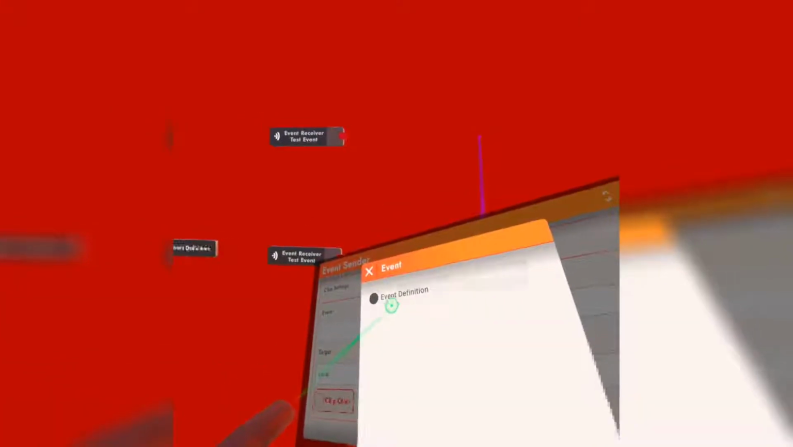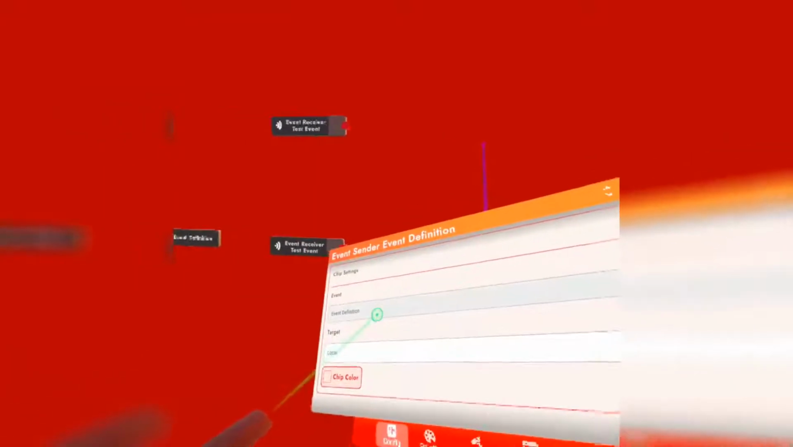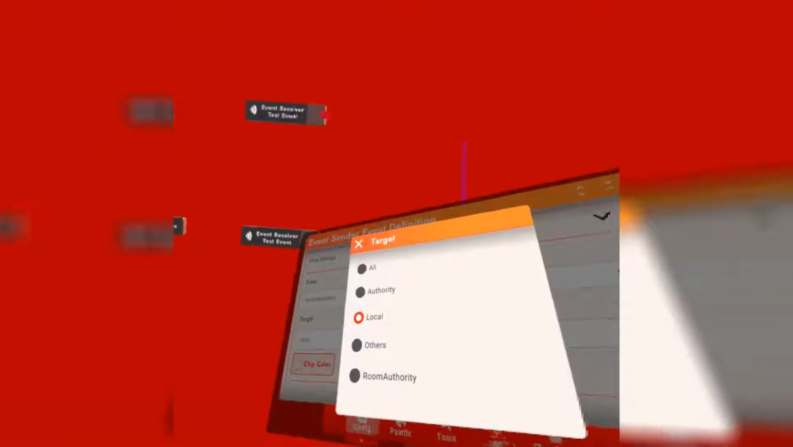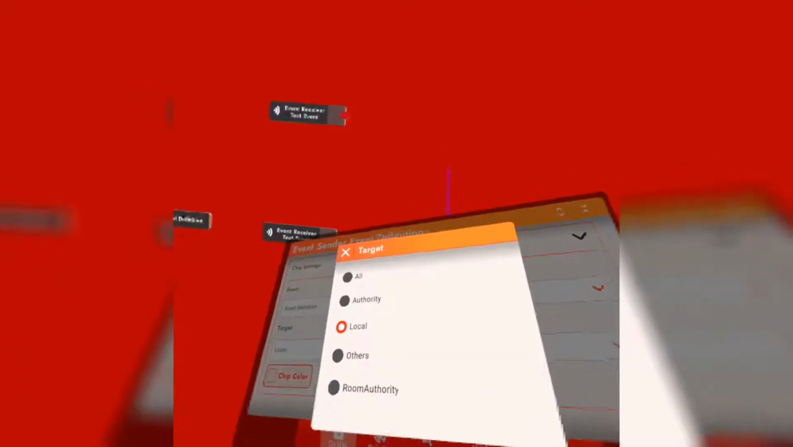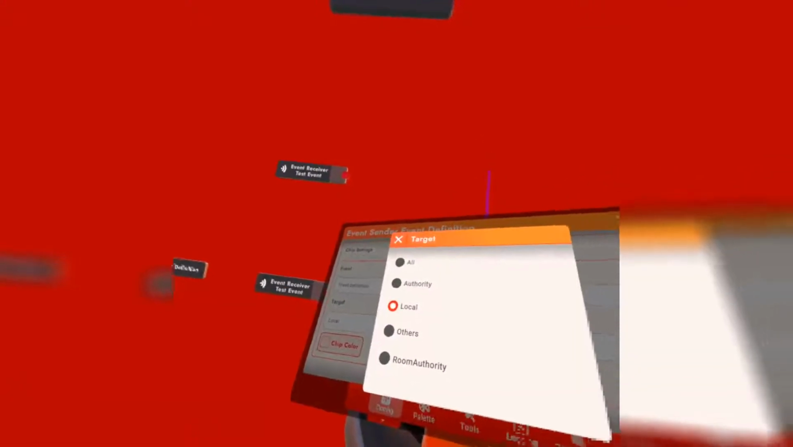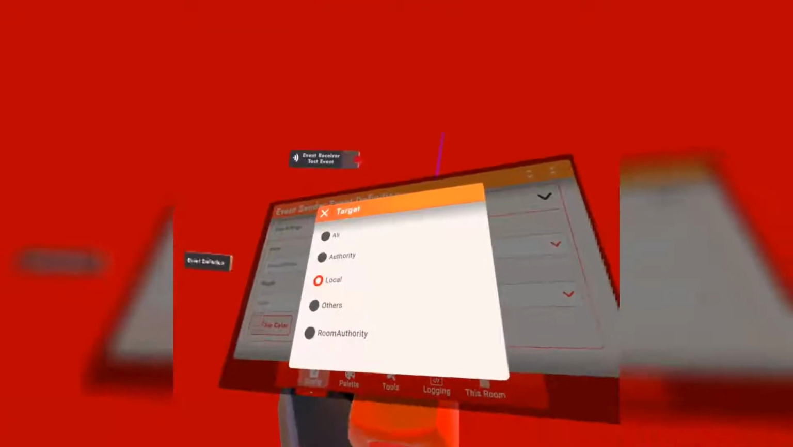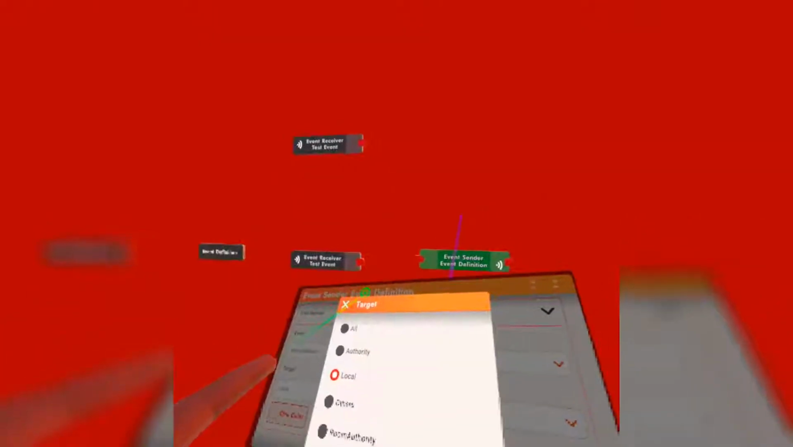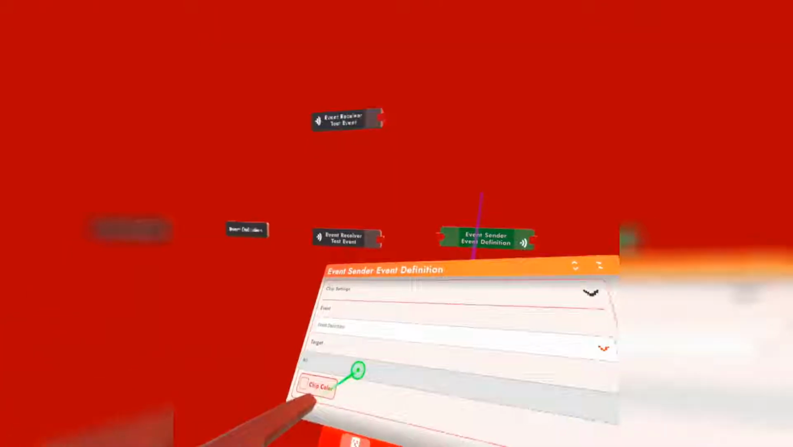So if you go ahead and choose your custom event, which I have nothing on my custom event right now, you can also choose the target. So if you want this to affect the room authority, local, just the authority of the person who has authority, or maybe all, you can. We're going to have this affect all the people. And we'll get back to this, but let's get to the event definition where we can create our own